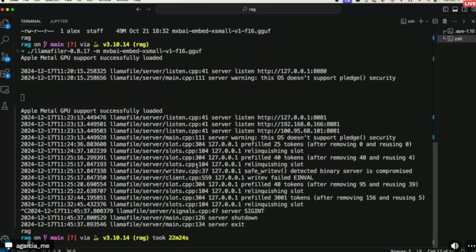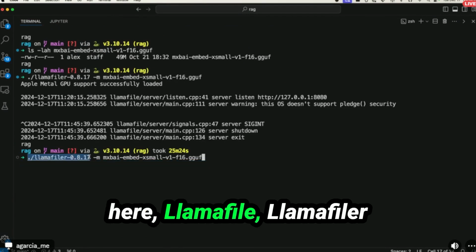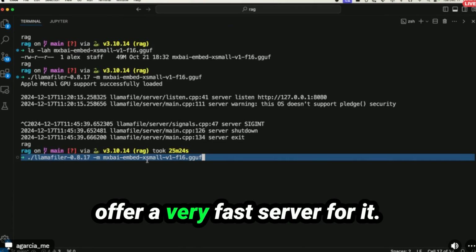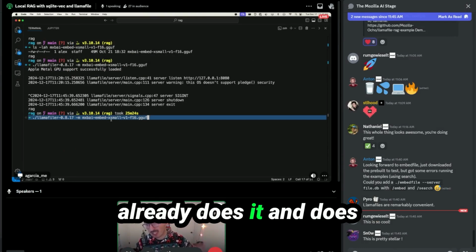There we go. I can just close this one anymore. So from this example right here, llamafiler already has an option to take an embeddings model and offer a very, very fast server for it. So I didn't want to add that to Embedfile because llamafile already does it and does it in a much